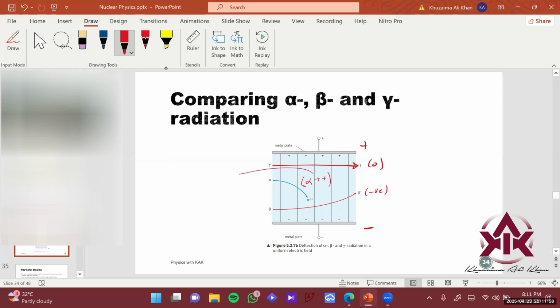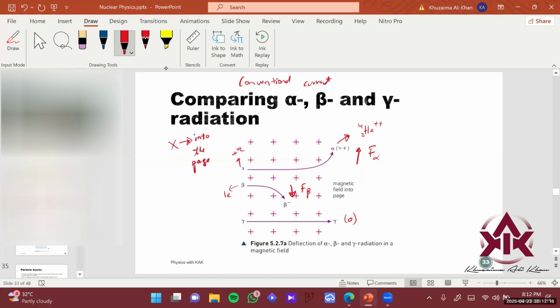Because it has basically a charge of +2, right? And a beta particle has a charge of -1, right? So if you have a strong charge, it means it has a strong force of attraction. That means that an electric field is going to pull more strongly. This was opposite over here, because in a magnetic field it is not dependent upon the charge strength. It only depends upon